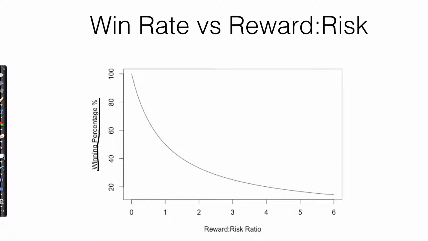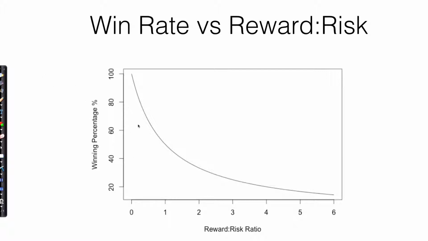As I said, the question you may have is, how can we decide what the reward is for our strategy? Now, many people have this theory, they tell you, oh, you know what, there is no right or wrong, it depends, blah, blah, blah. I mean, it's true that there is no right or wrong, but it doesn't mean that you can choose any number. There are two things you have to consider. Number one, suppose you have the choice between a system where the winning rate is higher, but the reward to risk is also